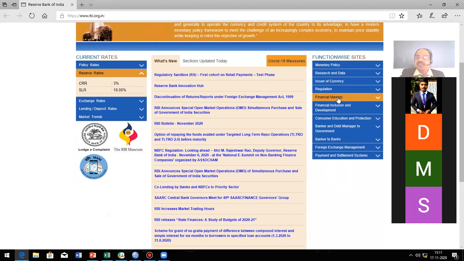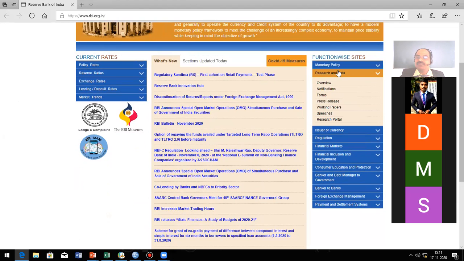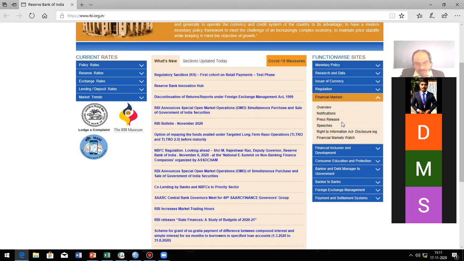Okay, then function wise sites. You can see here also you can get the research data. You can see on the right side research data you can already get. Then financial markets, what are all the press releases, you can see that one. This is the first area you can get the data. This data is usually independent data.